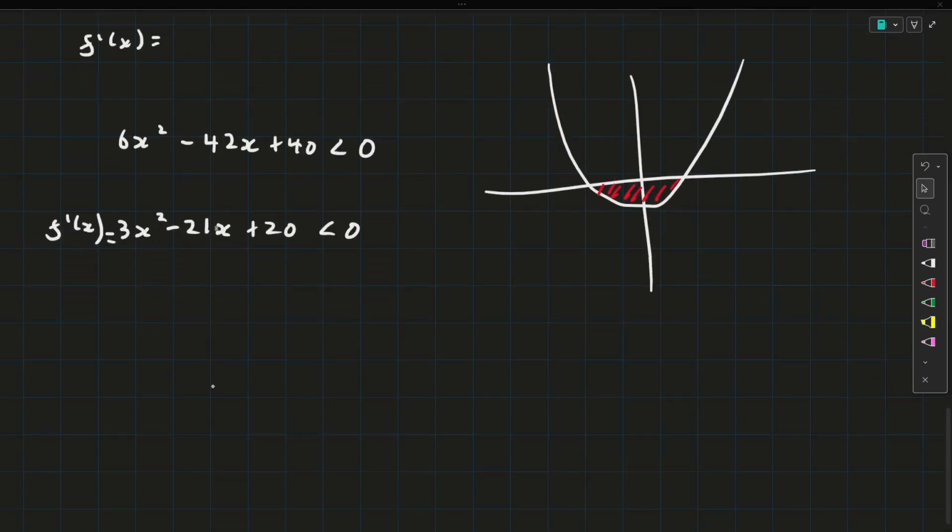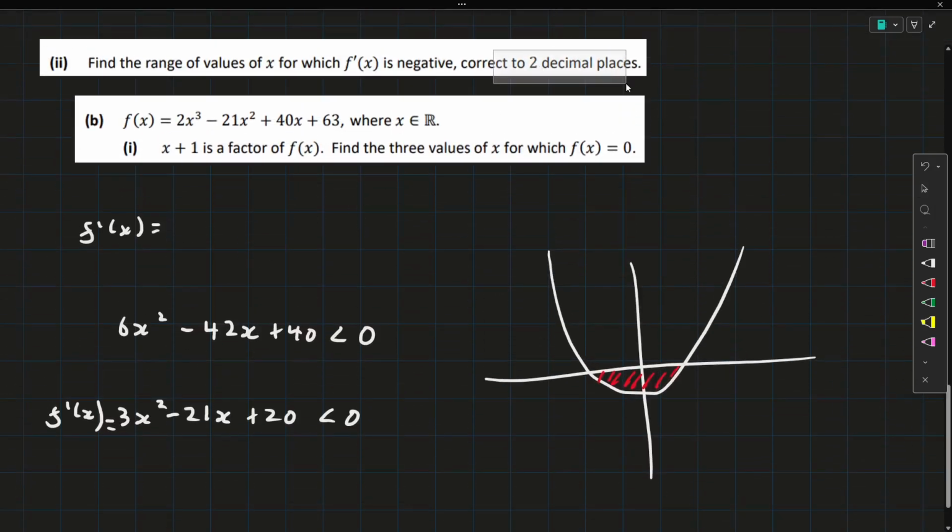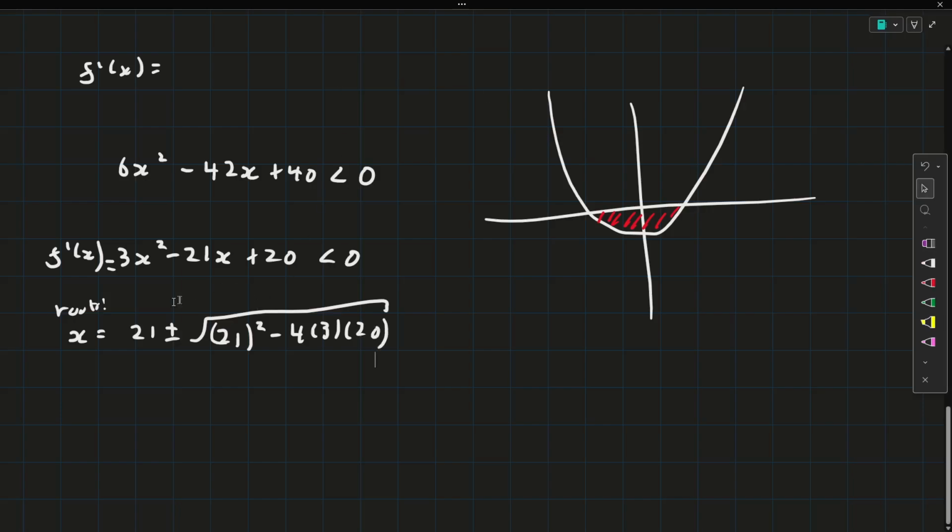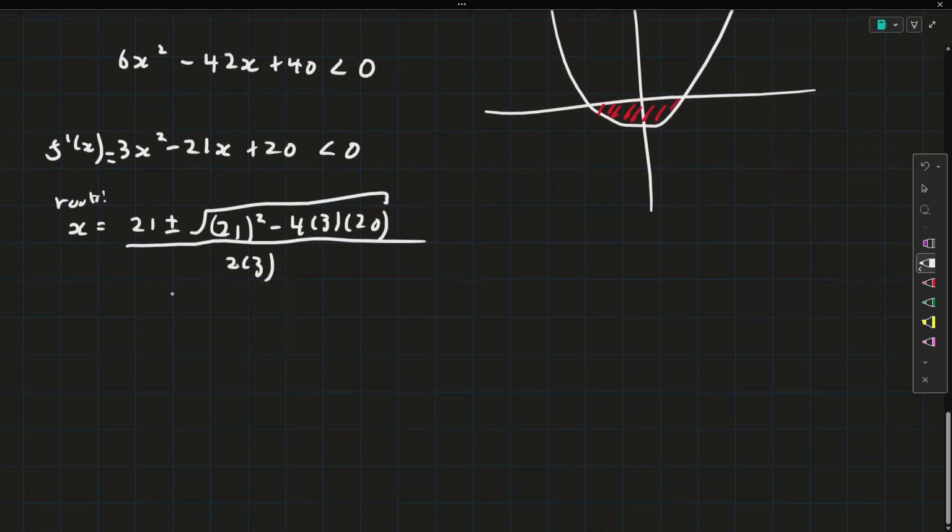It doesn't factor very nicely, and you could probably guess that because it's correct to 2 decimal places. So we can figure out the roots: x will be equal to 21, minus b, plus or minus the square root of 21 squared minus 4 times 3 times 20. The reason this is 21 and not minus 21 is because it's minus b, but b is minus 21, so minus minus makes it plus. All divided by 2a, so that'll be all divided by 2 times 3. And then the two answers you'll get to 2 decimal places when you do the plus and the minus is you'll get 1.137, or you will get